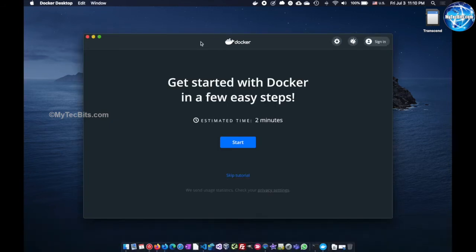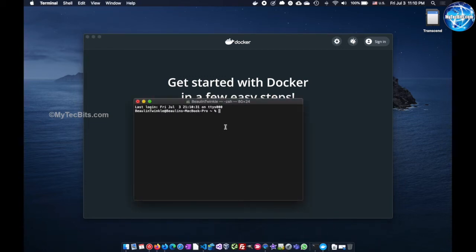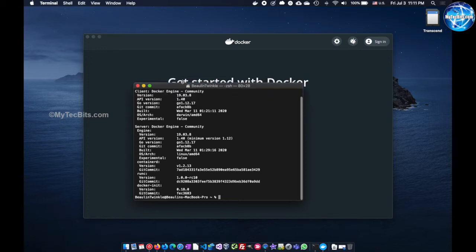Docker Desktop is now running on your Mac system. You can confirm this by opening the terminal application and typing in docker version. You can see the version and other details of the Docker you have installed on your system.